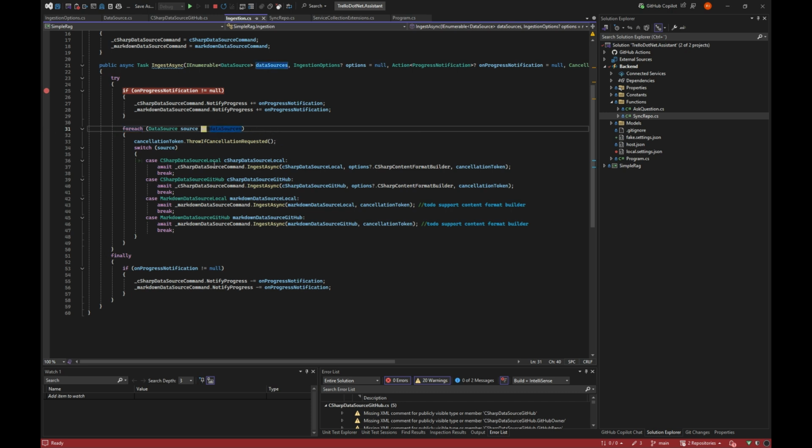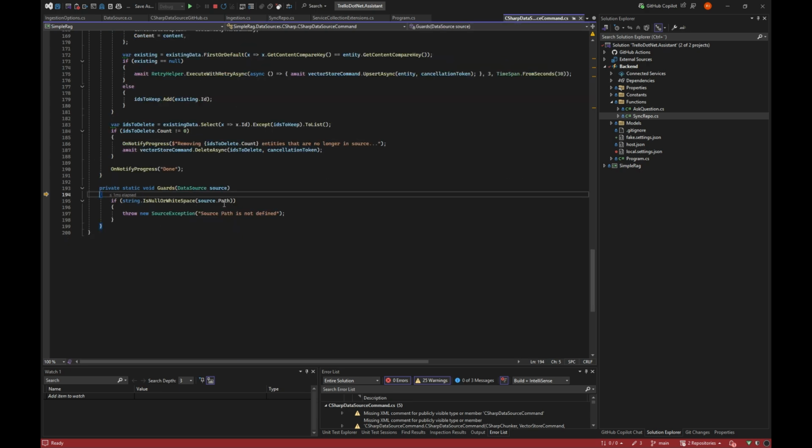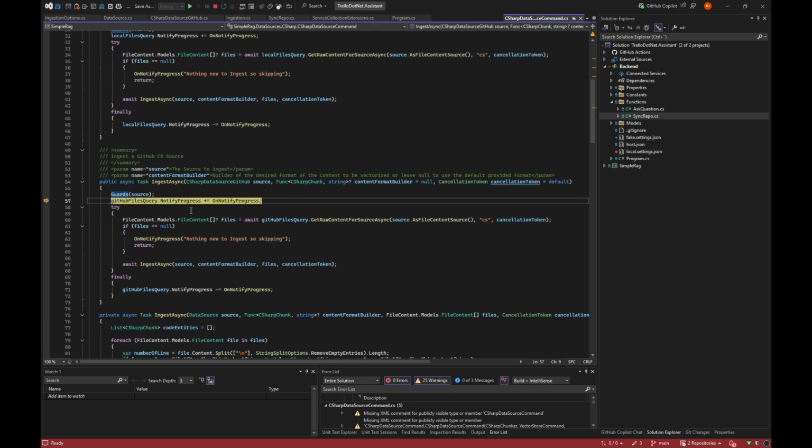So we can see here that the first source is a C# GitHub source. So we just try to step into that. We will check that we have a path, which we have, and we will set up the events for notification.